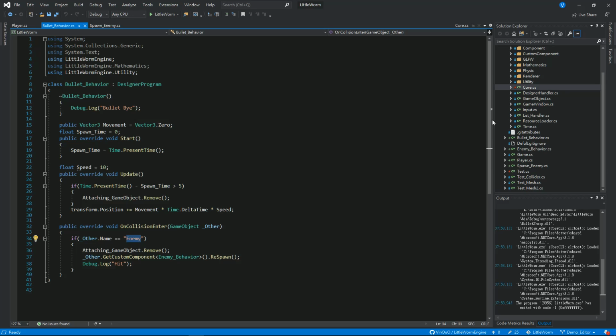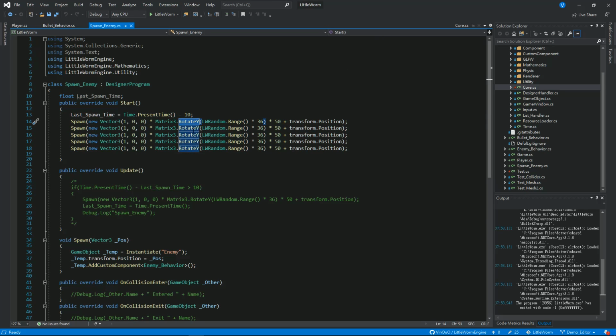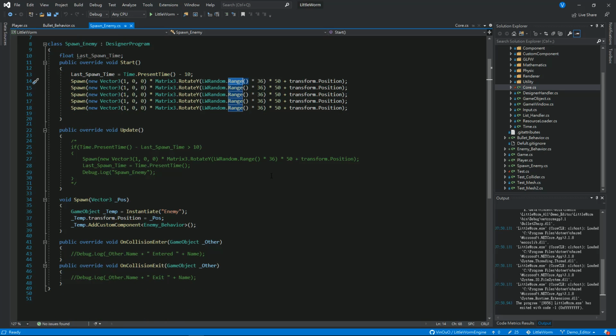And we also have other different APIs such as rotation matrix and random generation function that you can use. And with the help of the APIs that LittleWorm Engine provided, the designer will be able to create amazing